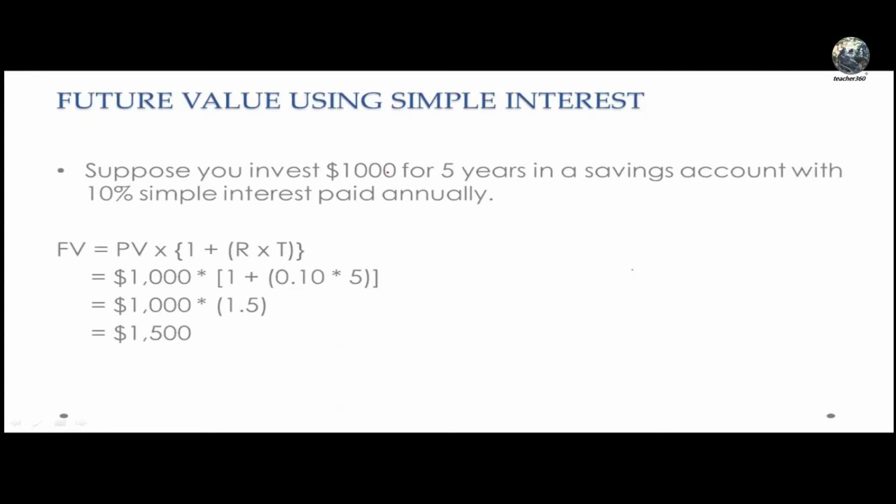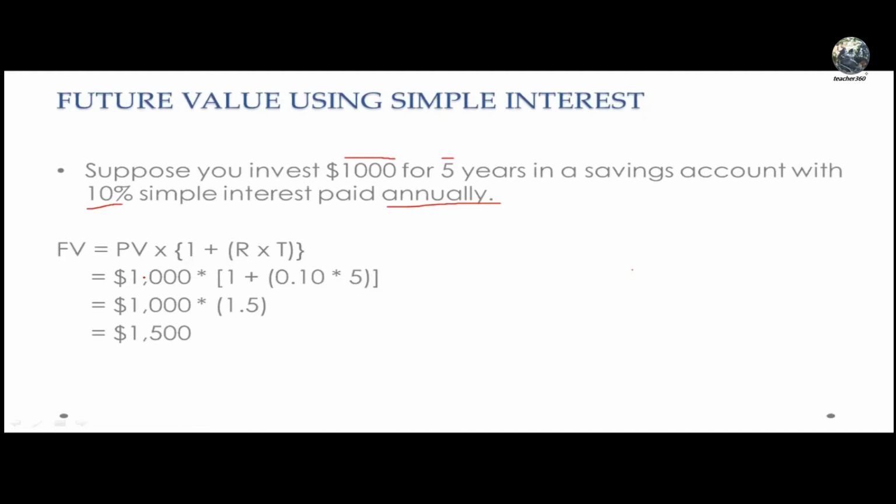Suppose you invest $1,000 for 5 years in a savings account with 10% simple interest paid annually. Here your present value or invested amount of money is $1,000. The number of period is 5. Your interest rate is 10% and it is annual interest. So using simple interest formula,